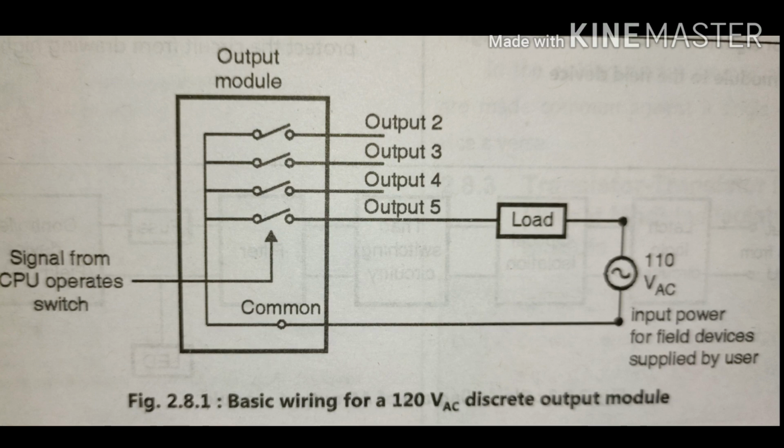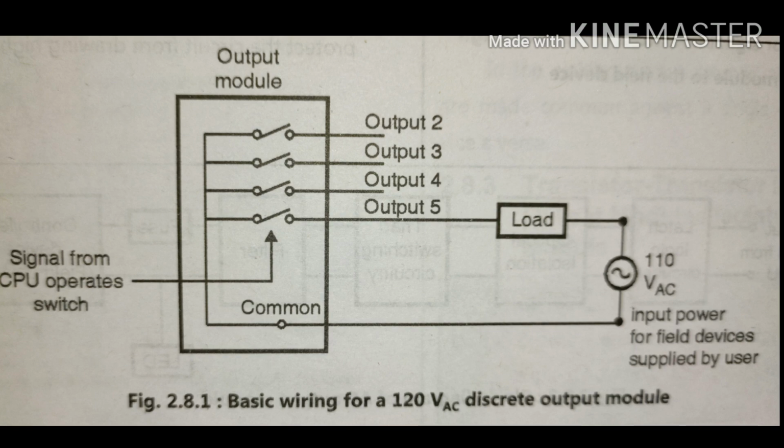Now the first one is the discrete output module. The discrete output module controls discrete type output field devices. This module has two main types: solid state, which is transistor based output switching, and second, relay output switching. The power supply of the PLC provides the operating power to this module. The discrete module is provided with this power supply, and it controls the output field device using a separate power supply required for the output field device.